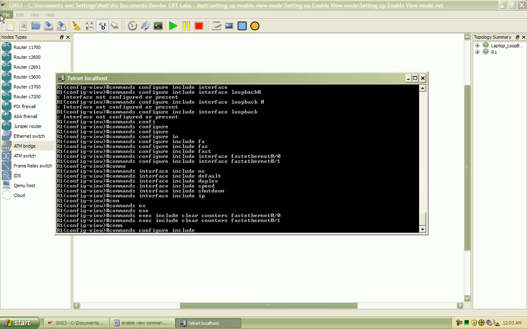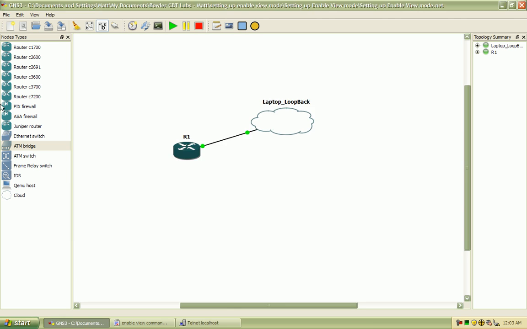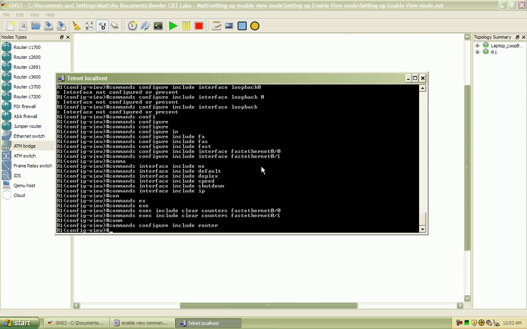But moving on, the tier 2 here, I'm also going to give them access under configuration mode to the router or the routing capabilities. So we're going to include router, and under the router configuration mode,